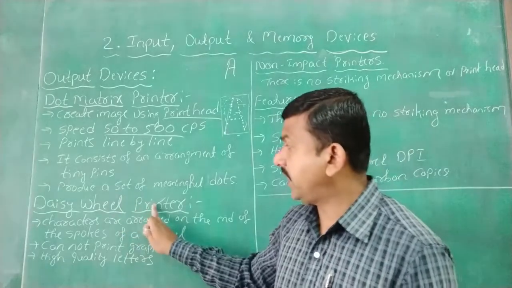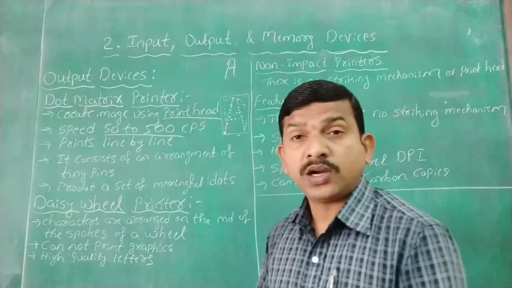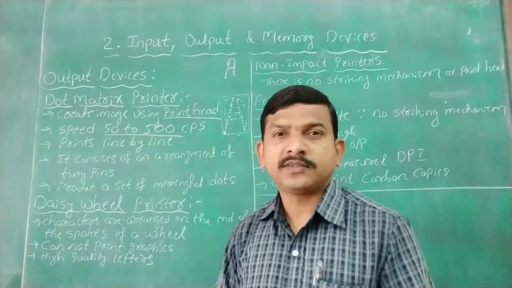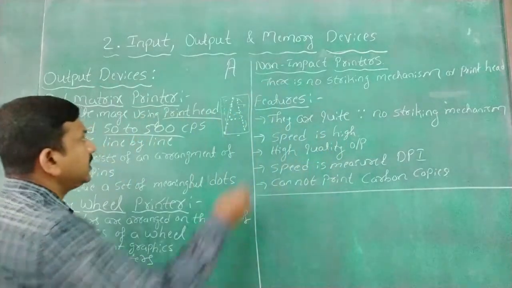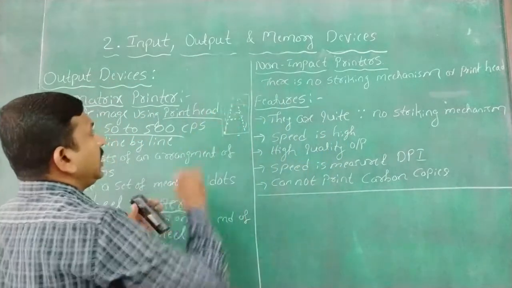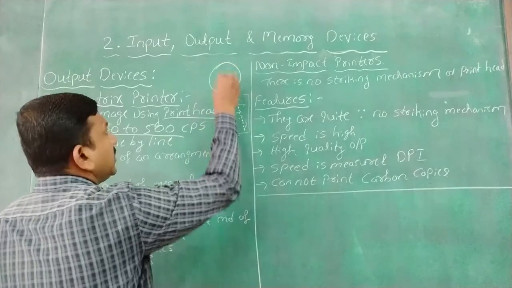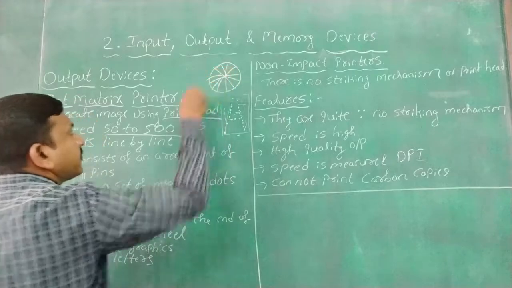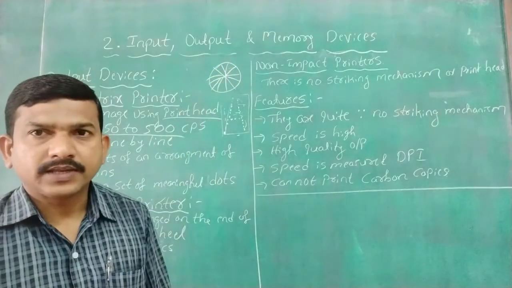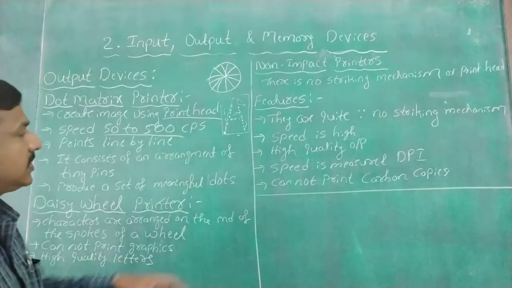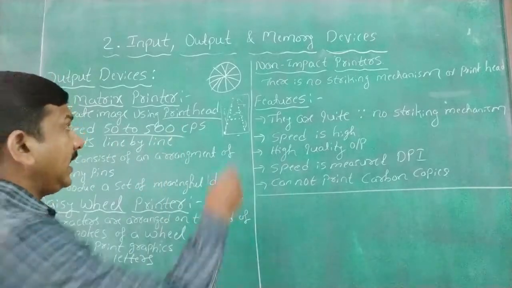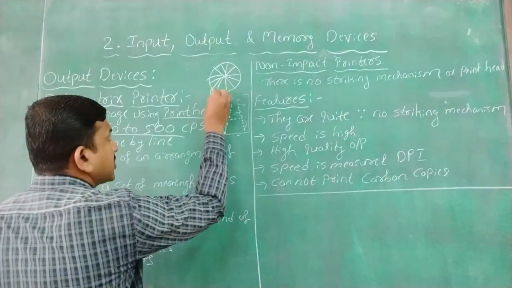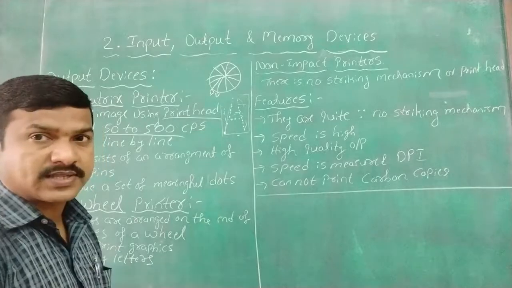This printer contains a wheel. Is the wheel soap? No. So what does wheel mean here? Assume that this is a wheel. Is it clear? So a daisy wheel printer means it contains a wheel, and at the end of each of its spokes, as we normally call them,